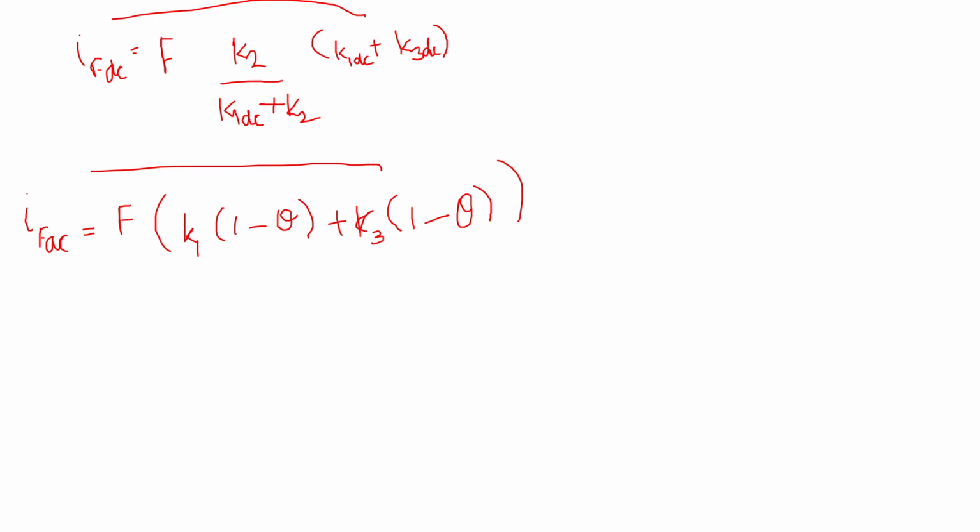Can anyone tell me what the equation will be after linearization? So K1 will be nothing but K1 DC into